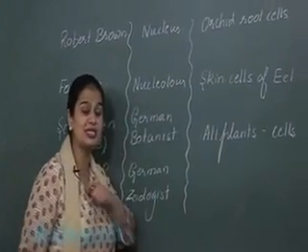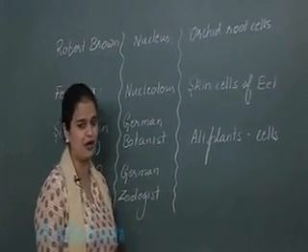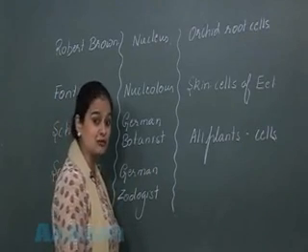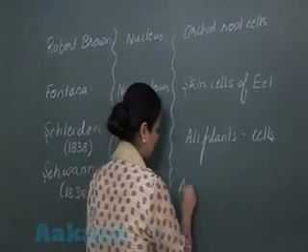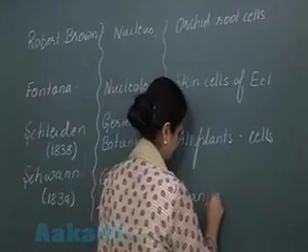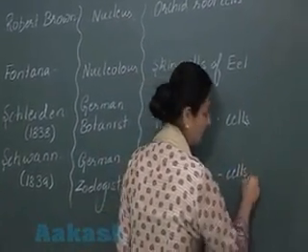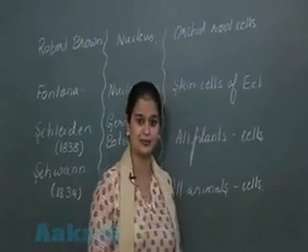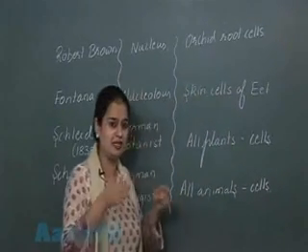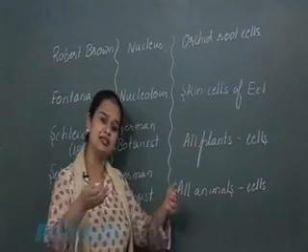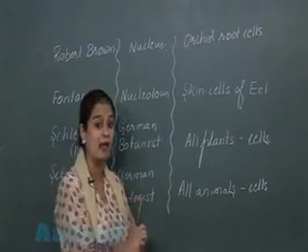He observed several animal tissues. After examination of the several animal tissues, he stated that all animals are composed of cells. They are formed of cells. In the cell, there is presence of the nucleus, and the cell is enclosed by a thin membrane, that is